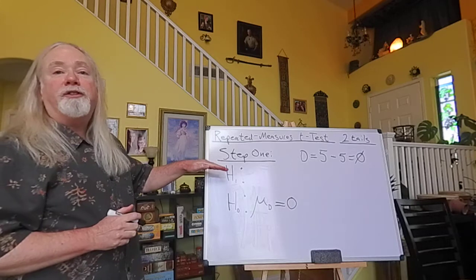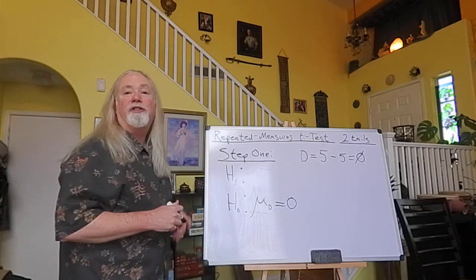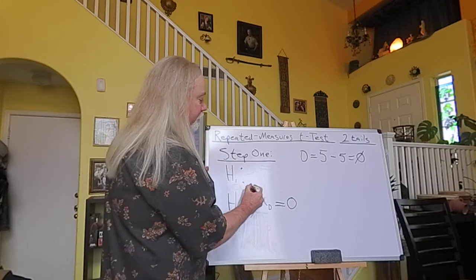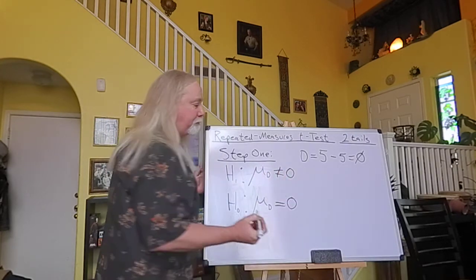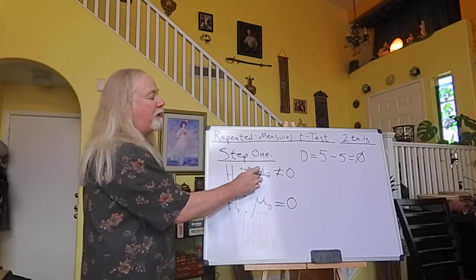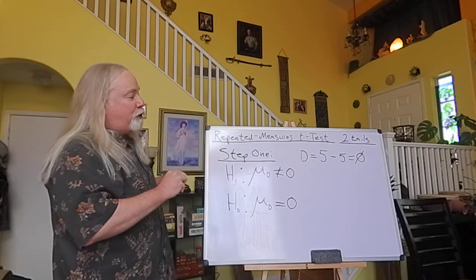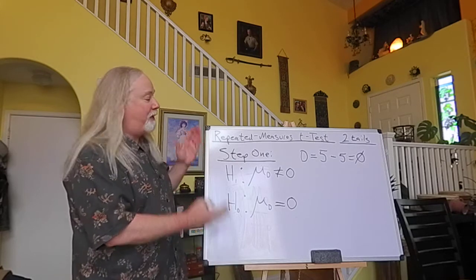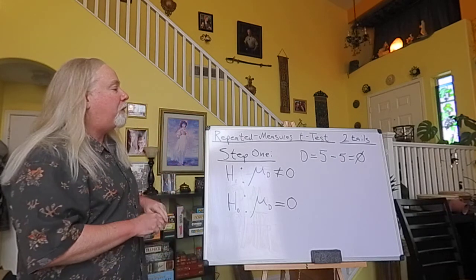The alternate hypothesis says, hey, those scores will be different from each other, so when we subtract them, we're not going to get a 0, and when we average it, we will not get a 0. So the alternate hypothesis is the treated population mean of difference scores will not equal 0. Again, we have to have that subscript of the D there, or the words treated population mean of difference scores, however you're presenting it to me. For a two-tailed test, this is the only way to write it. There's nothing else for us to write. It's this or it's wrong. So that is our step one, our first step on getting our